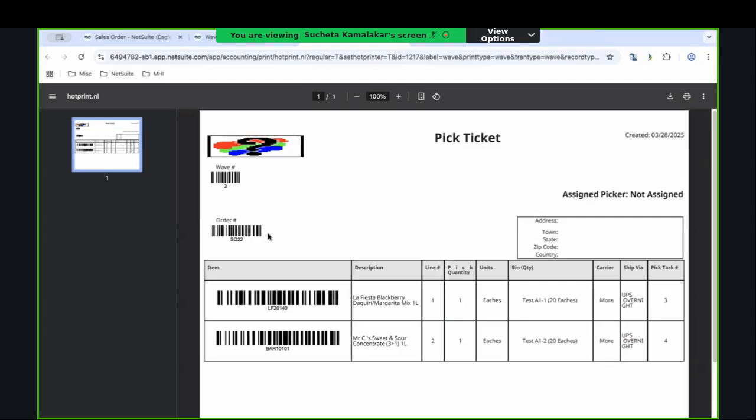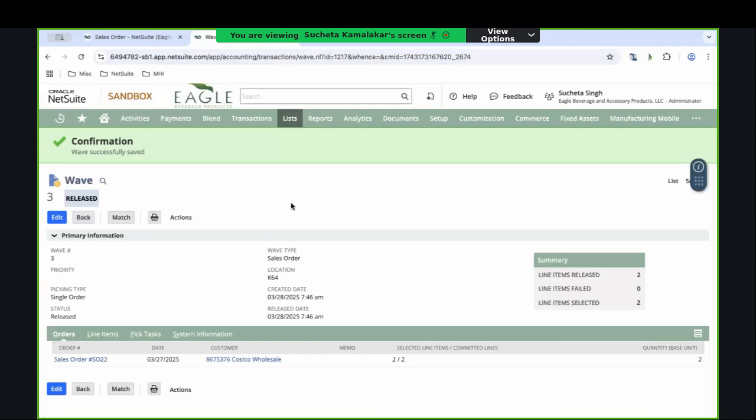Okay, yeah, then for now we won't really send you this. Let's just assume that we are doing paperless. Yeah, let's just assume we are doing paperless picking. Okay. So now let me get into the